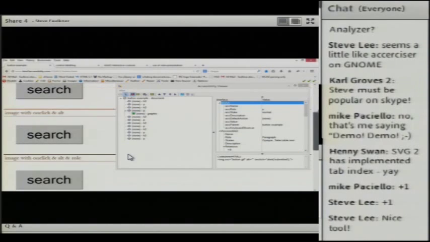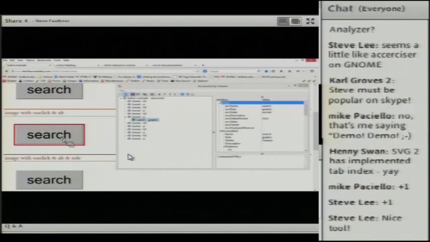So as we move down, what I've done here is, this next one is an image with on-click and alt. And if we focus on that, we can see now this graphic has an accessible name because I've given it an alt. And so now it's got an accessible name. It still has the incorrect role, and it's still not keyboard interactive. So there's still things that need to be done.